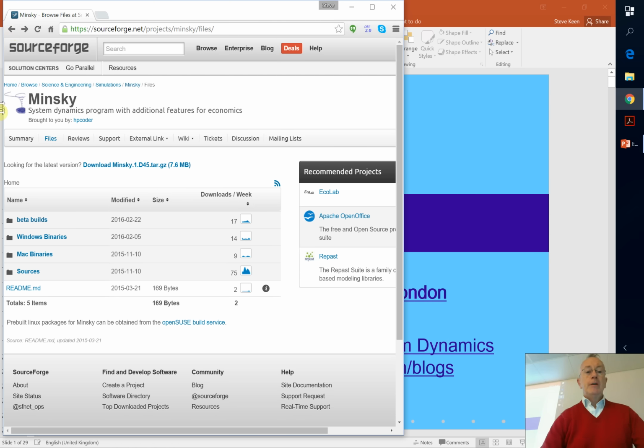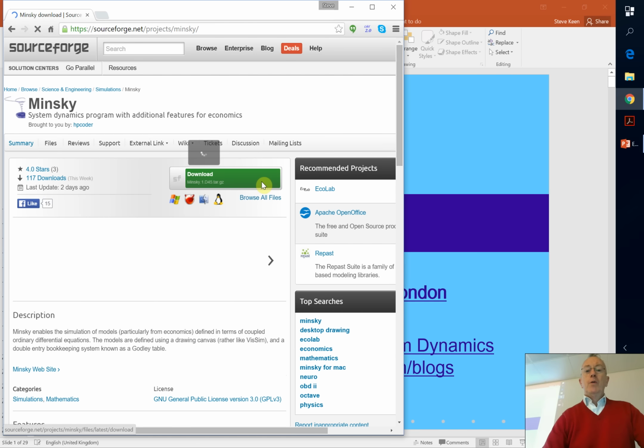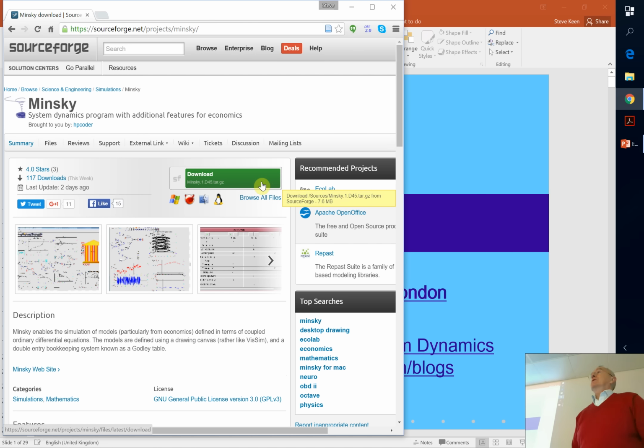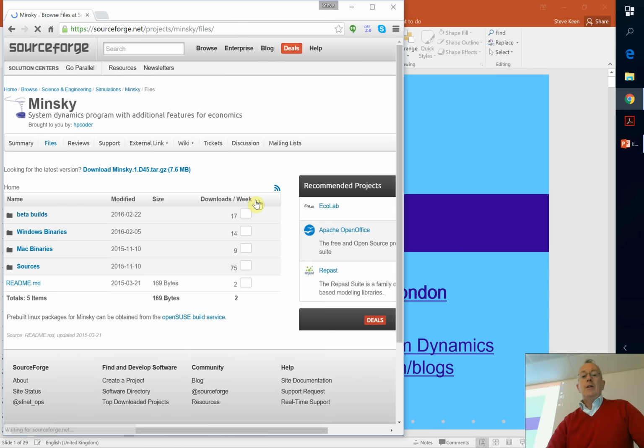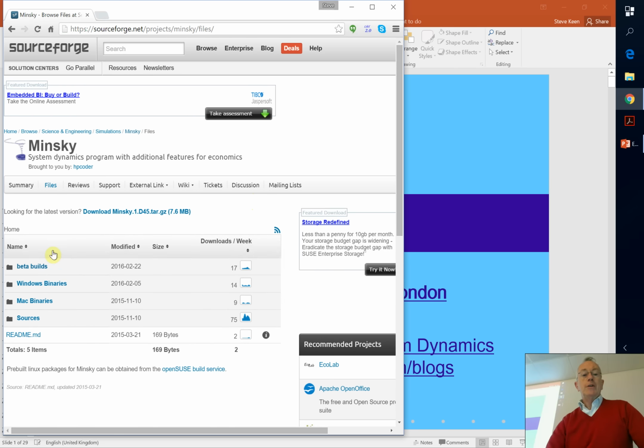Okay, once you've done that, when you're on the home page for it, that always links here to the most recent Windows version of the program that's got an install routine to it. So that version there is about 4 months old, I think. What Russell does is work on regular updates, and they go in the browse files line there. If you click on that, you then see this thing, beta builds, and then source code, etc., etc.